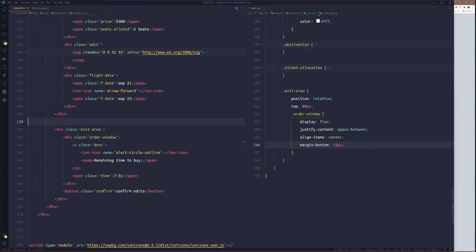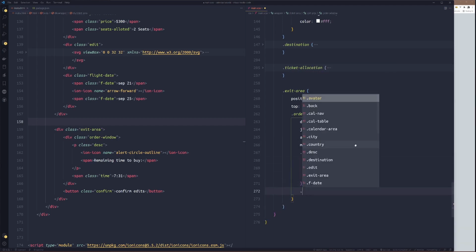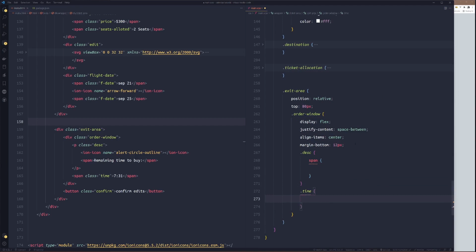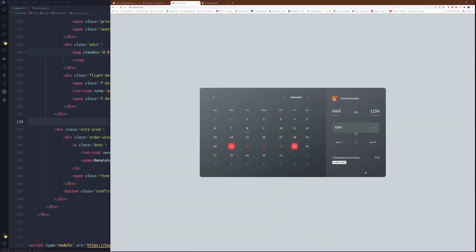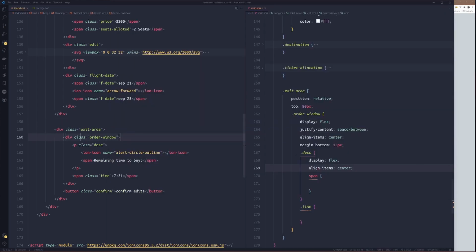So I'll target description, then inside we get a span, sign. So just copy this and I'll paste them inside the description here, then delete space between. Okay. All right.